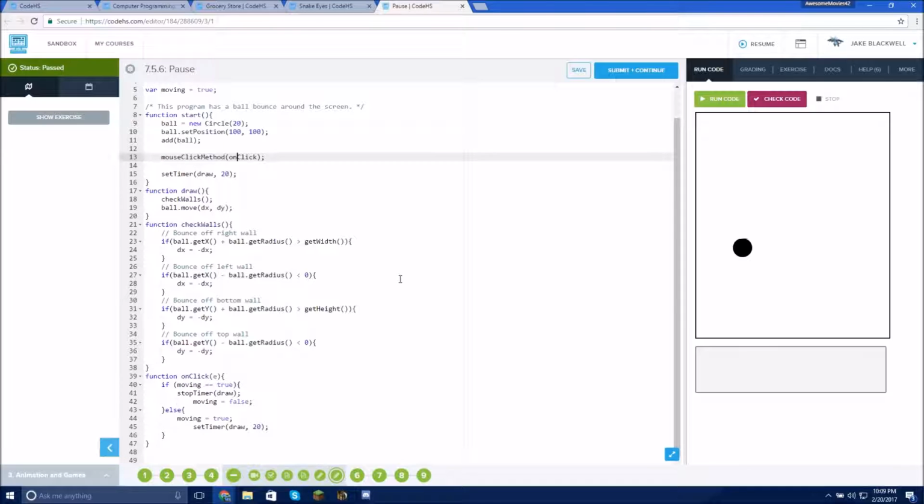It stops moving when you click with a line called mouseClickMethod, and then open close parentheses, and a semicolon at the end. Inside of the open and close parentheses, you will have the function that you want in there, which is called onClick. And then in that function, you put inside their open and close parentheses this e. And this is what makes the ball stop. And then when I click again,